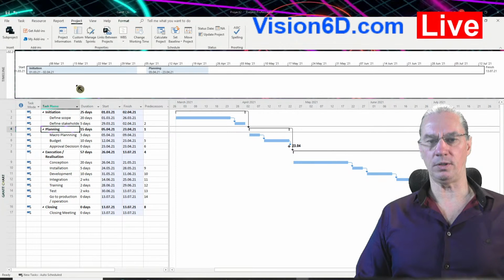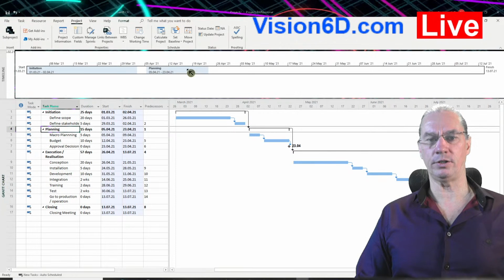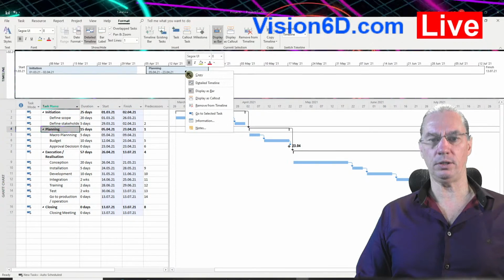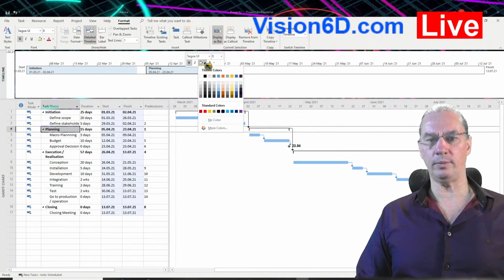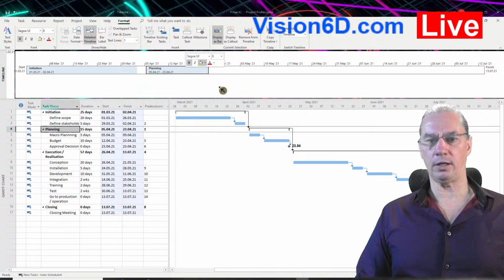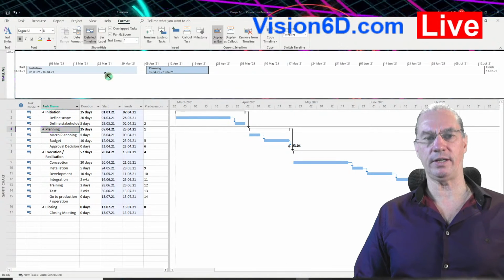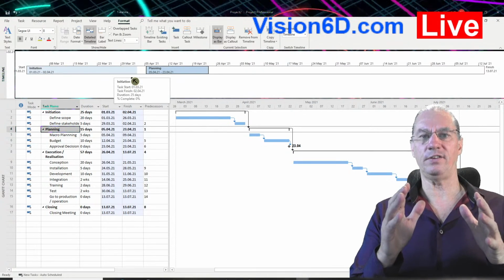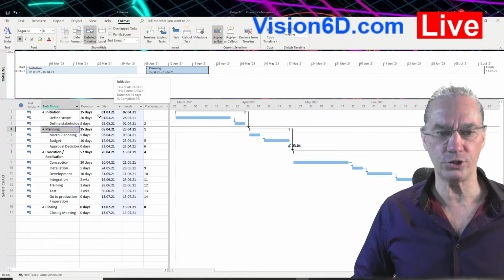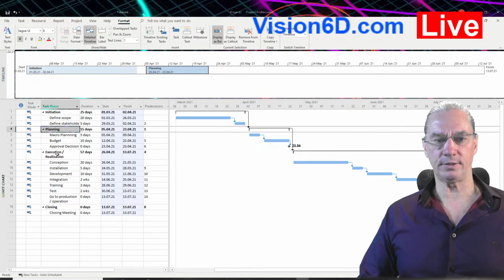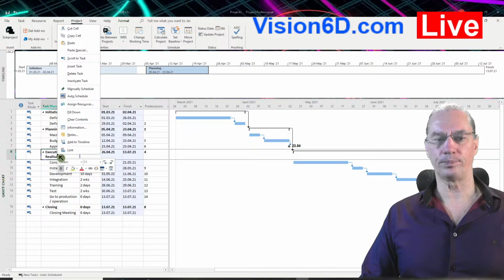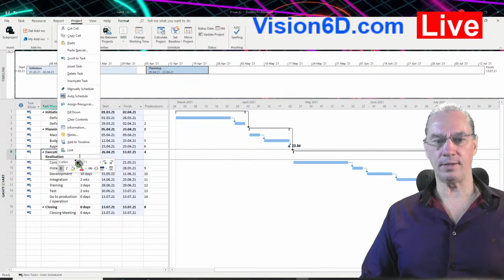You see? So I've added the planning. So maybe I will change the color a bit so that we can see that these are different stages of our project. And now I can do also the same thing with the